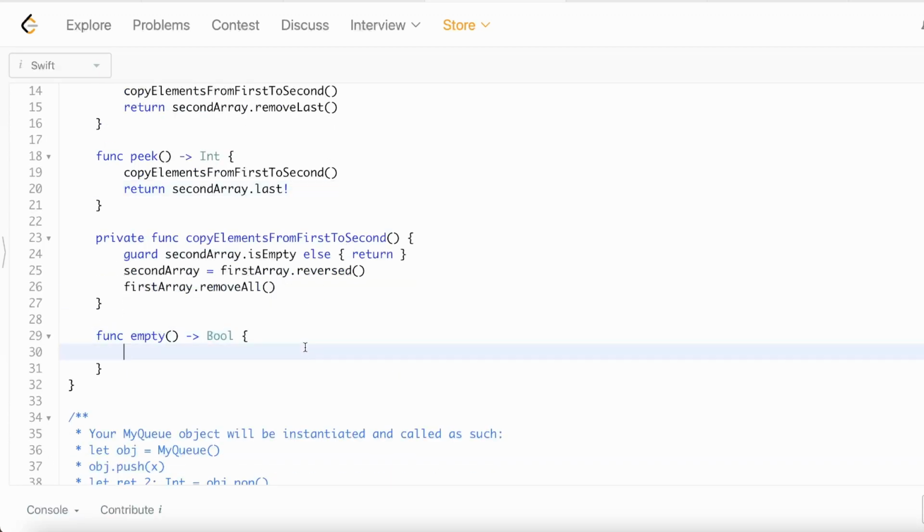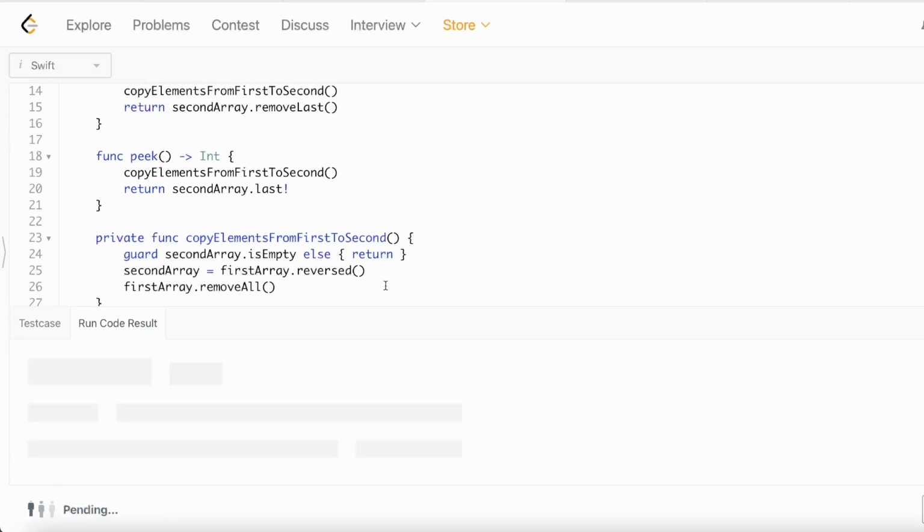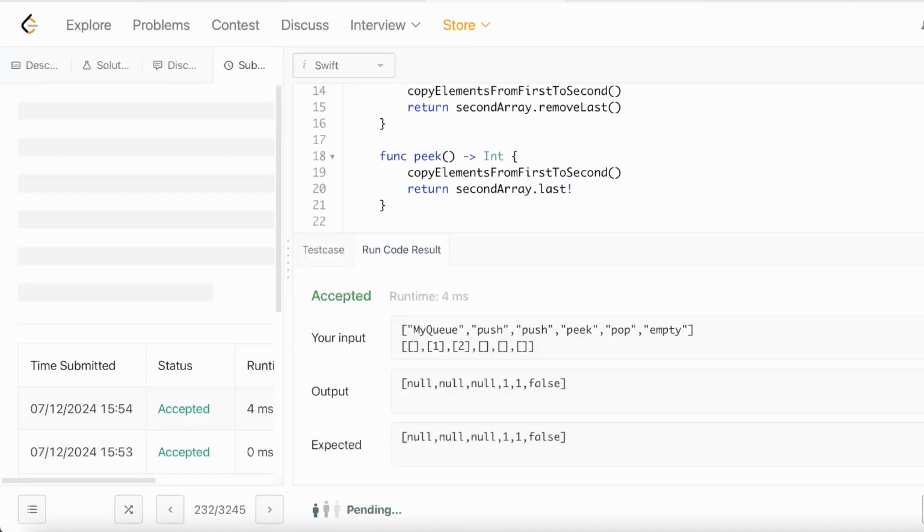We just need to populate this empty function. The empty function is going to be pretty simple. We're going to say first array dot is empty and second array dot is empty. Basically, you need two empty arrays to be considered empty. So if I run this code, it should be good. And if I submit it again,